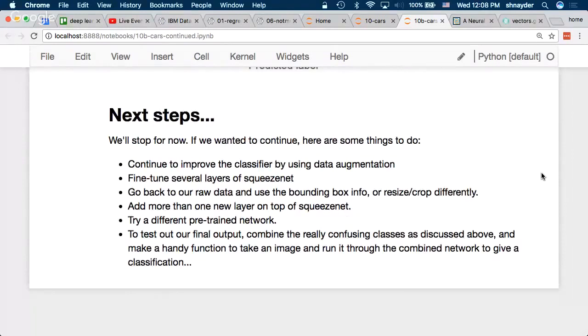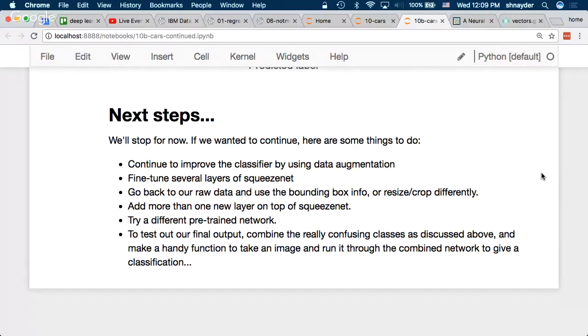Lots more stuff you could do if you wanted to really continue tuning this, right? You can do data augmentation. You can go back to the decisions I made earlier on, for example, resizing, and change them. You could add one more layer on top of the SqueezeNet thing, so not just go directly to a classifier. You could try other pre-trained models. Yeah, so hopefully that was a good sense of, okay, still a brief walkthrough, but for a bigger, more complicated problem, here are some of the ways you would go through and tackle it.